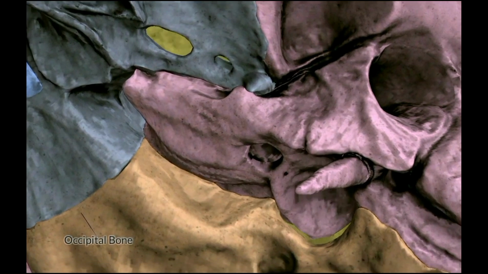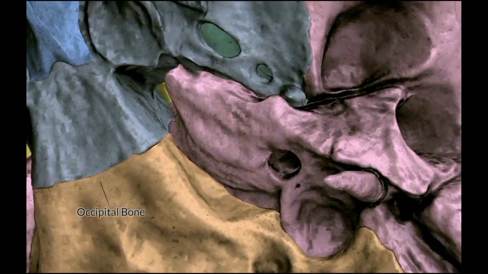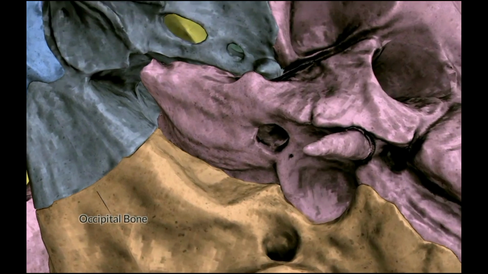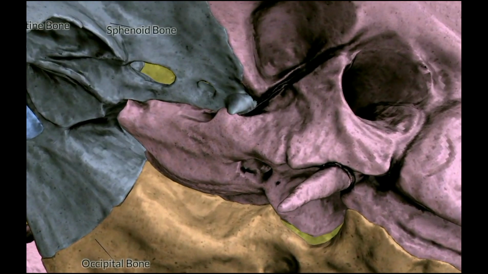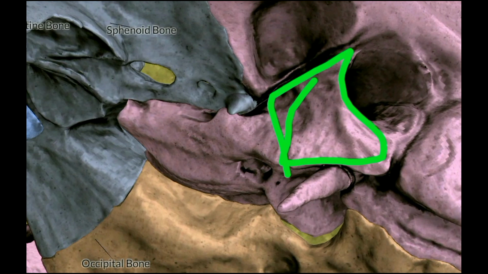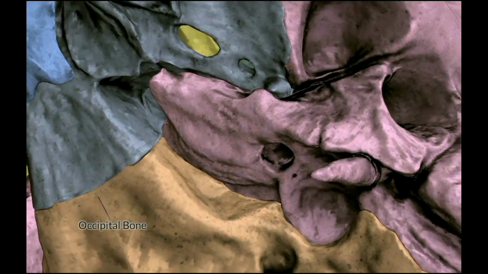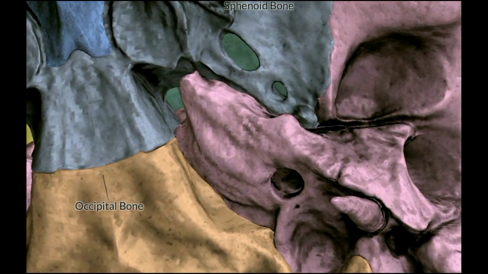Remember that. The petrotympanic fissure transmits 3 structures: the anterior ligament of malleus, the anterior tympanic artery, and the chorda tympani. You have seen the chorda tympani joining the lingual nerve in the infratemporal fossa. It comes from this fissure. And the tympanic plate ensheaths the anterior wall of the styloid process that we have already seen in norma lateralis. The styloid apparatus is discussed in detail there. Please go and see.